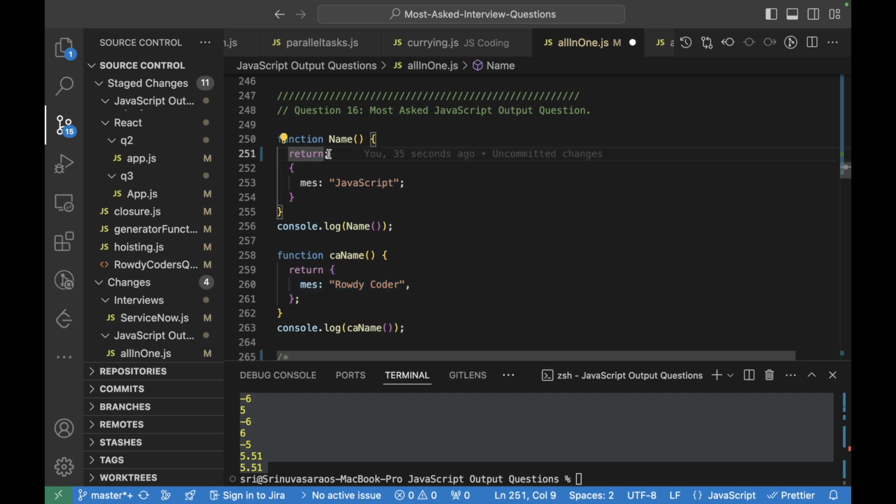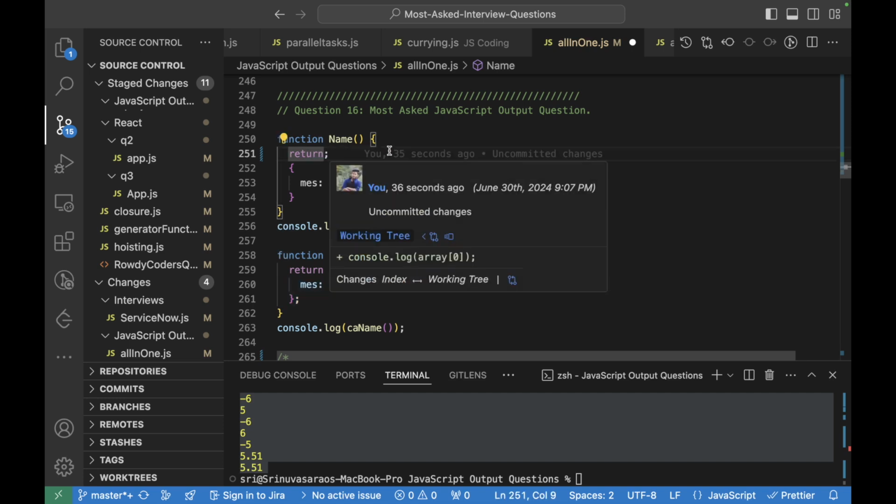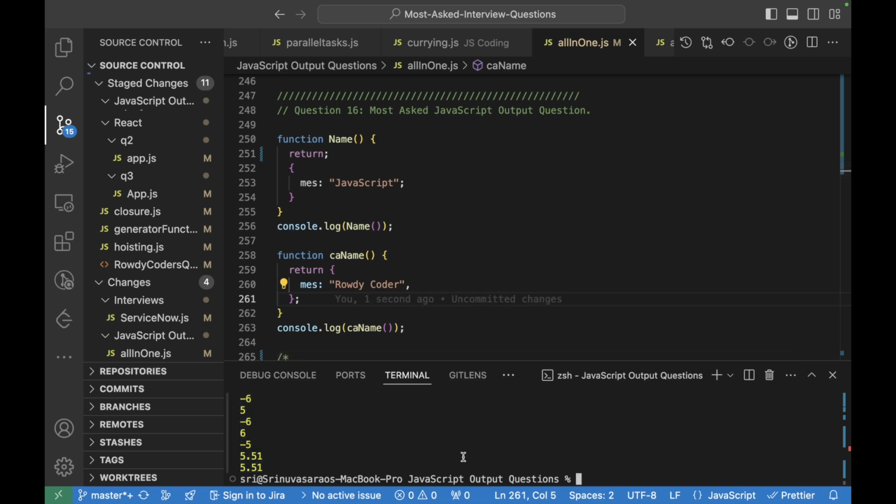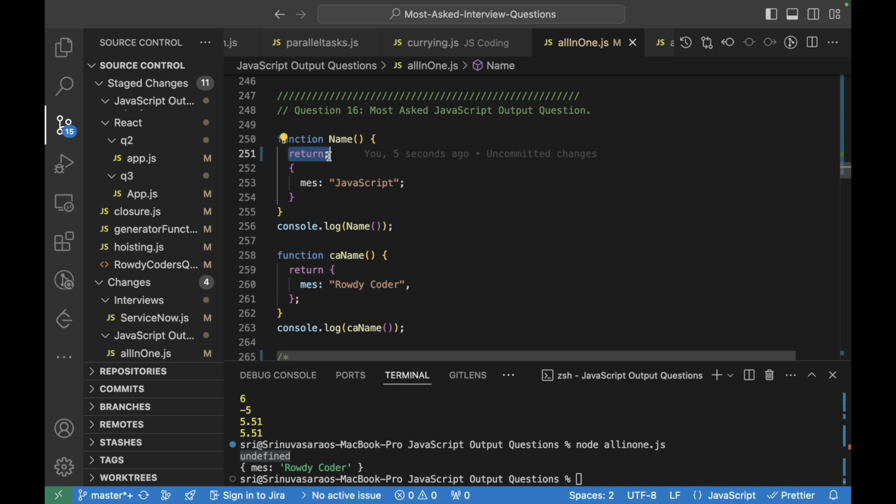But when it comes to this, as nothing is there, it will insert a semicolon and return right there. So this will return nothing, and this will return the object. Let me run it and show the output. So yeah, this is undefined, because this is not returning anything, and this will return this particular object.